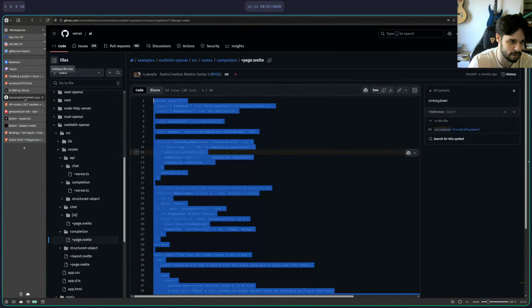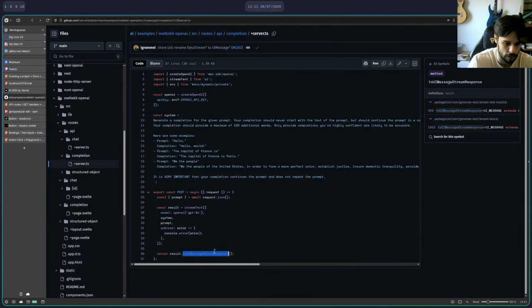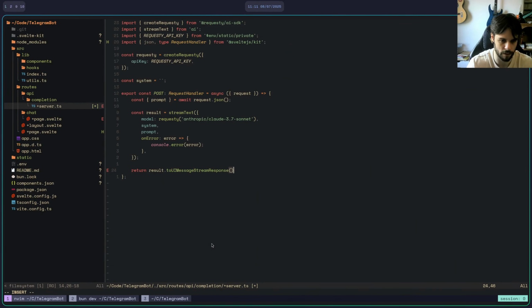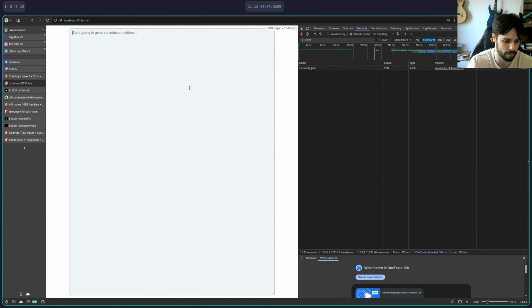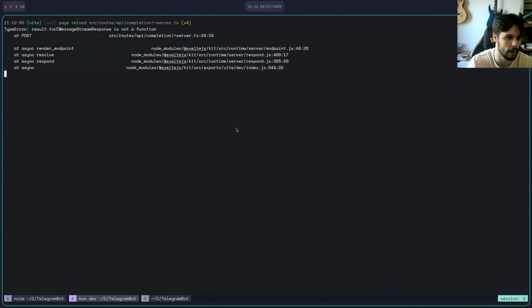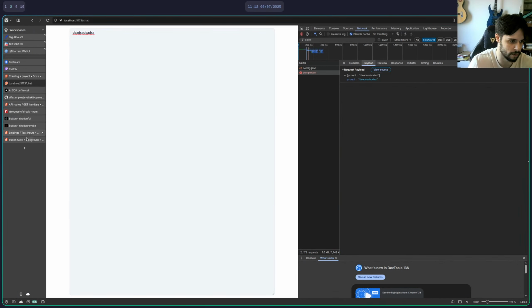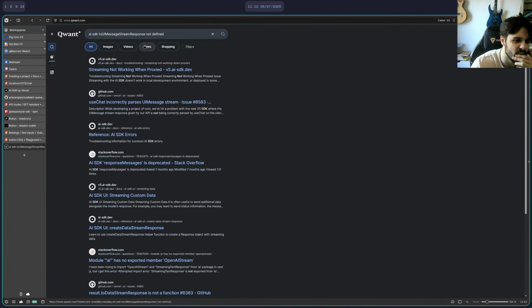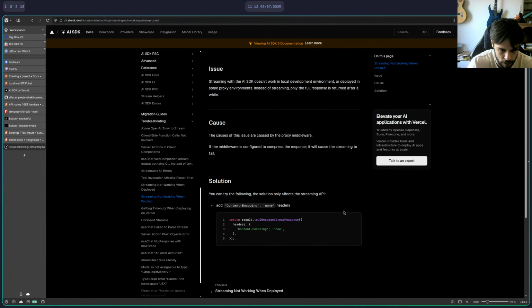Result.to UI. Okay, the example says we should have that, but I do not have that. But I'm gonna add it anyways and figure out whose error it is, if it's a TypeScript type error or if not. So let's have this here. Ooh, internal error. Okay. Right. Stream not working on proxy. Try the function UI stream response.